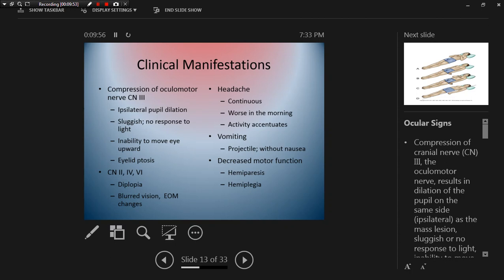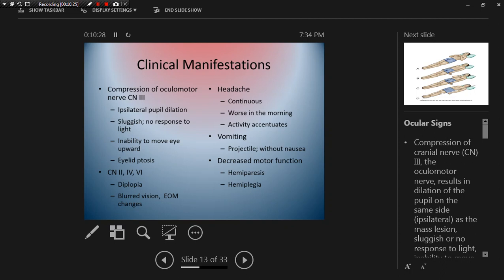Okay, so on the area maybe where there's the hematoma or the infarct that's leading to the rise in ICP, we're going to see pupil dilation, so we're going to see unequal pupil sizes, possibly a fixed dilated pupil or a blown pupil. Sluggish, so there's no response to light or minimally responsive to light. There's going to be a decrease in extraocular movements, eyelid ptosis. We might see diplopia, okay, double vision,